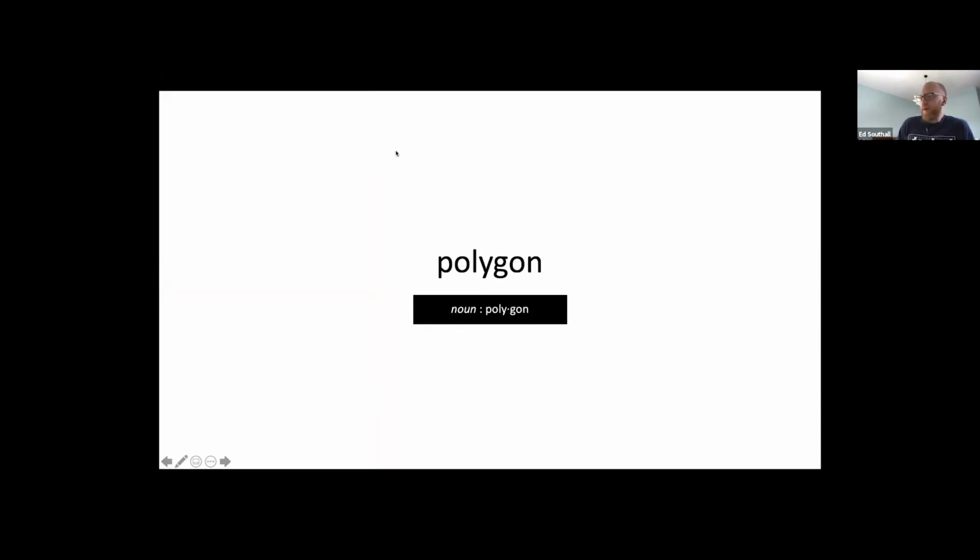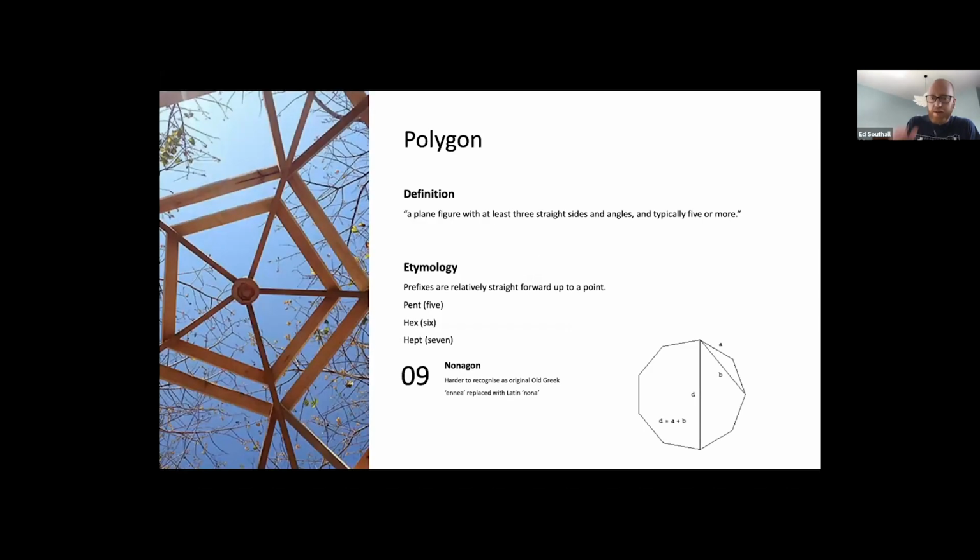All right, so we've passed H, now we're at P. Polygon. I think most of the time people tend to think this means many sides. Poly, I think most people are happy with as meaning many, and it does, but it doesn't mean many sides. Incidentally, it means many angles. The suffix gon means angle, which I think is on the slide after this one. So we'll come back to that in a second.